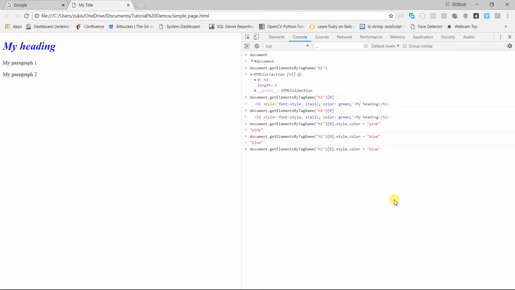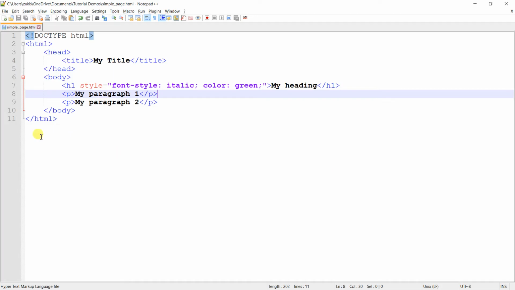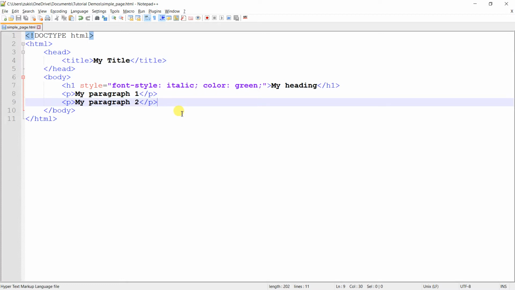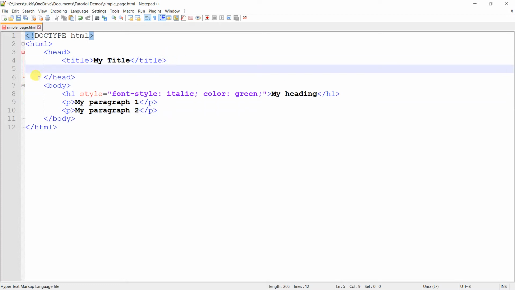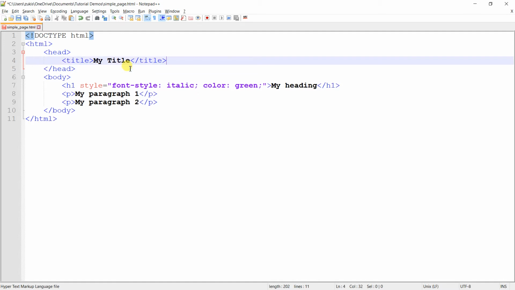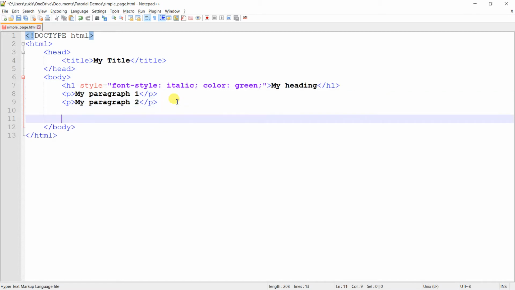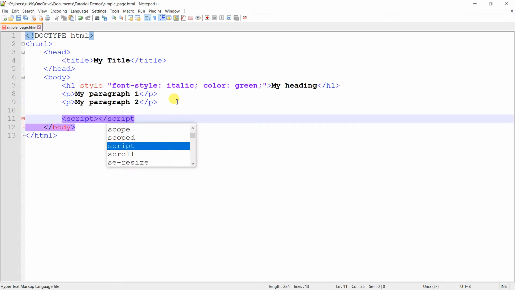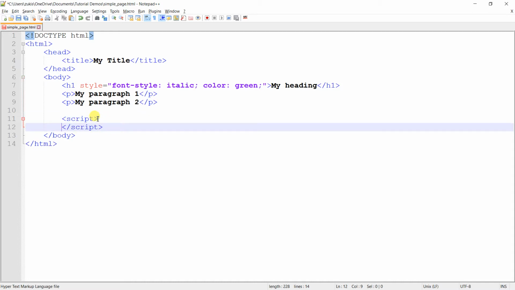So as you can see, with the web developer tools, now that I have the script, I know this is the script that I would need to run, and then I could go back to my page and include the script here. By the way, you can include scripts over here. I think I mentioned this in a previous lesson, but you can also include script inside the body tag. We'll explain the differences, pros and cons of including scripts where, etc. But for now, I'm just going to include it here because I want the script to run after the entire